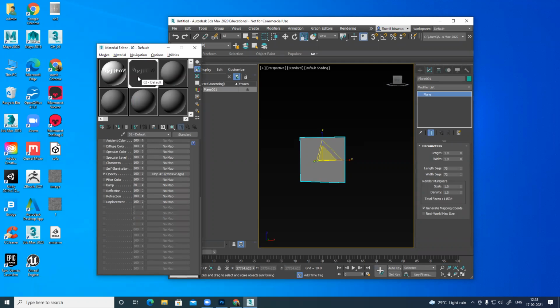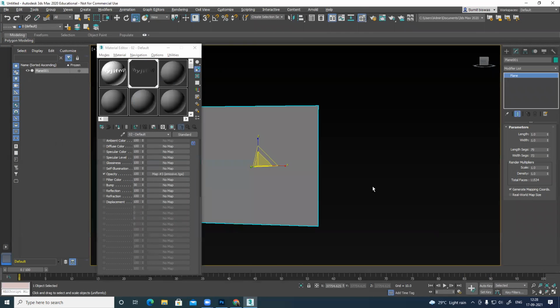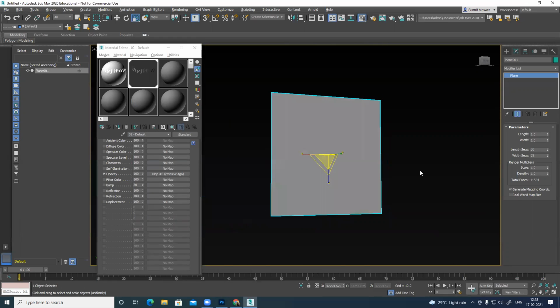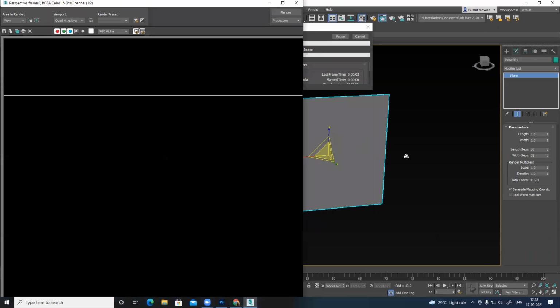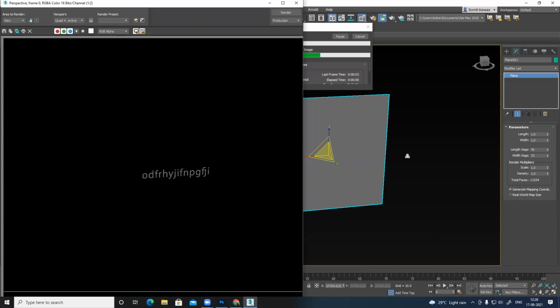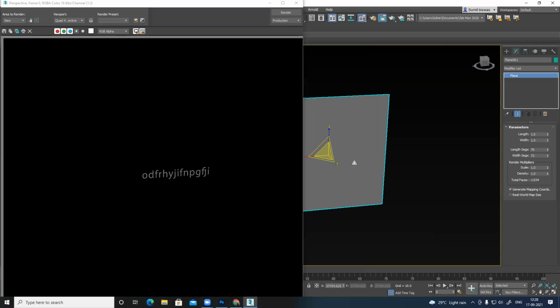You see, this becomes transparent here. In desktop, in viewport, it looks like I can see everything. If I press F9, I can see only the text. That's it. So this is something opacity. It can be anything. It can be a light, a font, a text, a poster. Like suppose you have a wall and there's one poster, and you don't want to create the entire thing. So you can create one plane and paste all the corners and edges there.